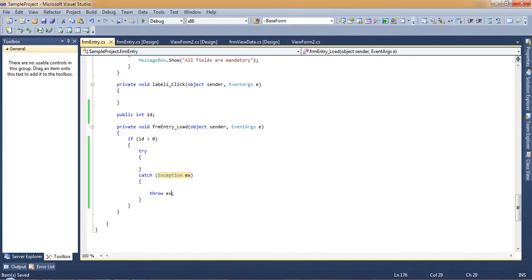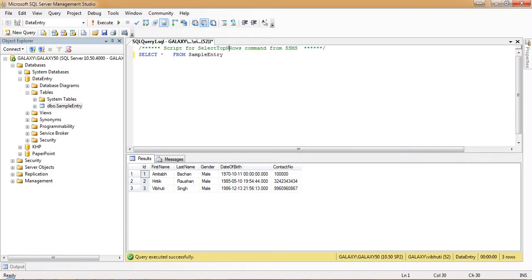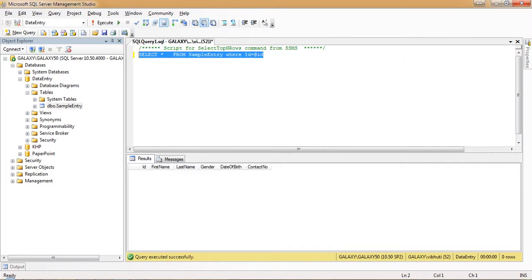Now to read the record for a particular id, we need to filter this query. By default, when you write select all from sample, it will show you all records. We'll add one condition: where id equal to 2 means only one record, id equal to 3 means this record. So this is a simple query which we'll write here.